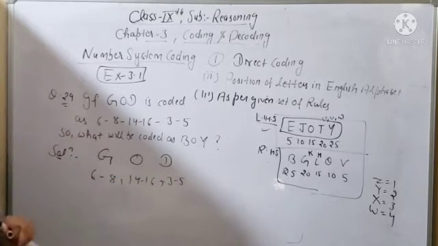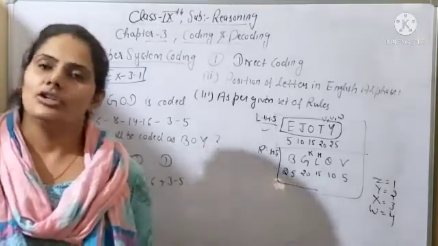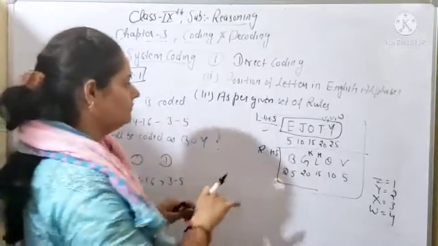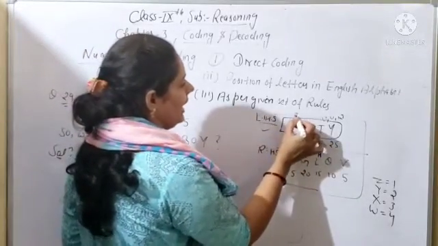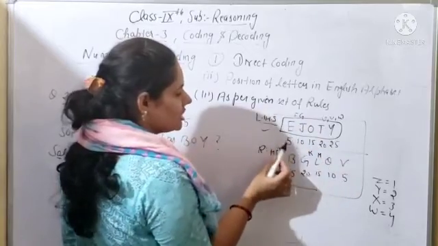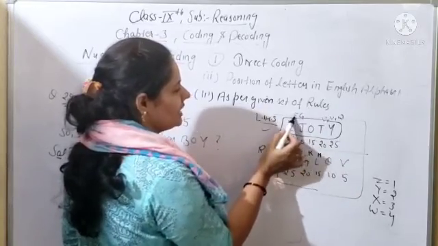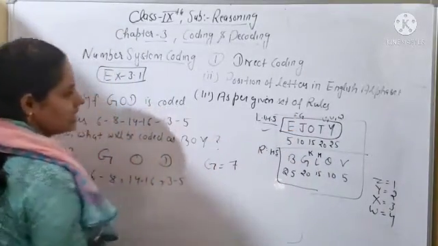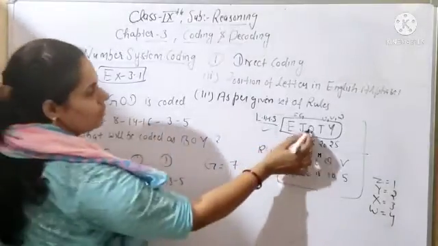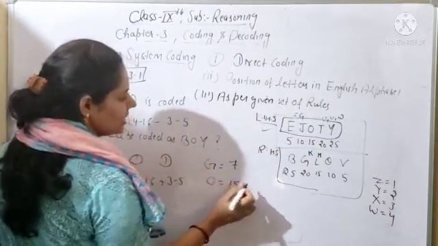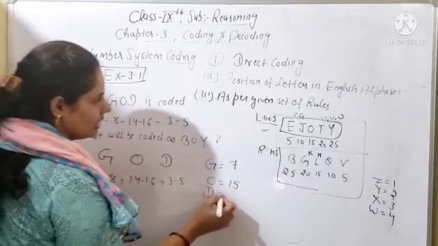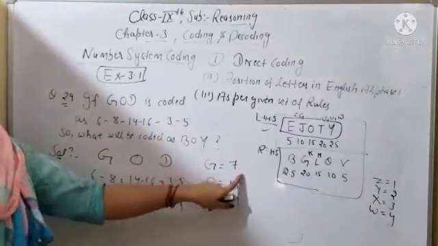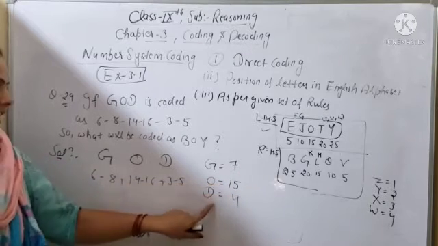First you will check the position of G. What is the position of G? We will start from the left hand side. After E it will be F, and after that next will be G. So E position is 5, and G position will be 6 and 7, the 7th position. G position is 7th. Then you check the position of O. O position is 15. After that D position: D comes before E, so it will be 4th position. G position from the left hand side is 7, O position is 15, D is 4.